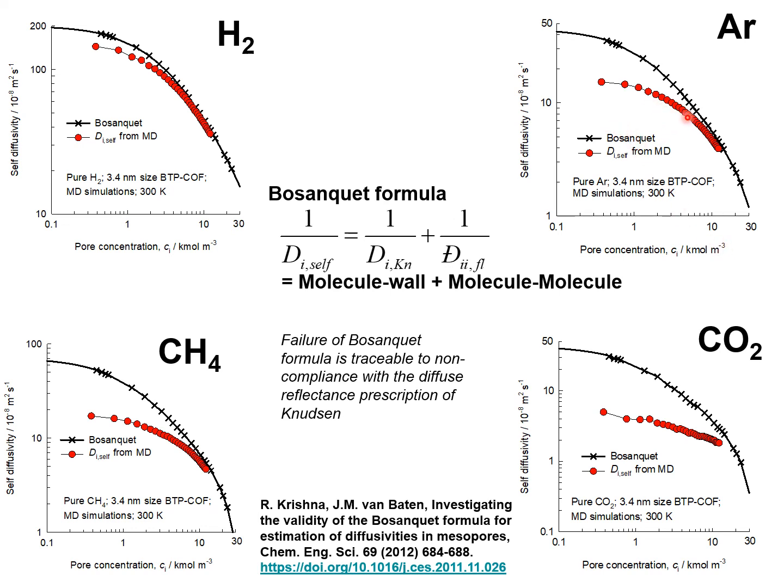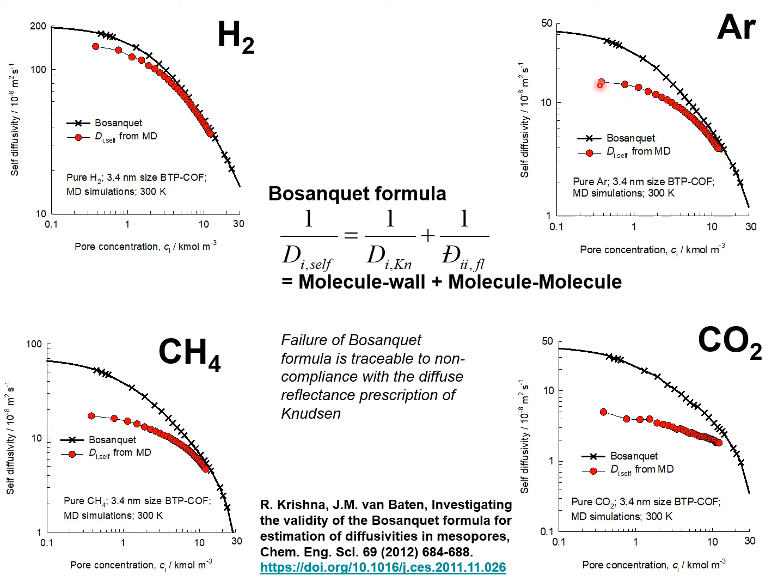As the pore concentration increases, the molecule collisions become of increasing importance, and since the molecule collisions are very well described by the kinetic gas theory, the agreement between MD simulations and the Bosanquet formula is very good for high concentrations, say beyond 10 kilomoles per cubic meter,